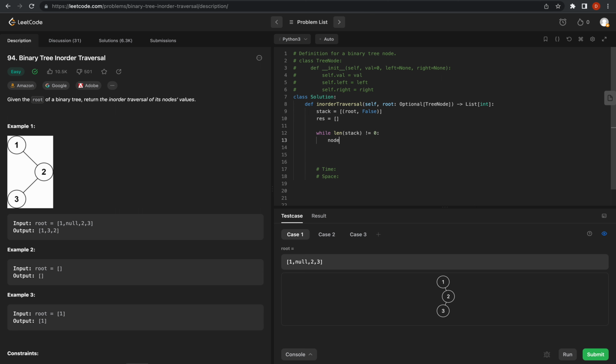What do we want to do? We want to grab the node and the visited status. Now we need to make sure that our node is not null, so we'll say if node is not none, we want to do something. We want to check the visited status, and if it's true, we want to append the node value onto our resulting array. So if visited is true, we'll say res.append